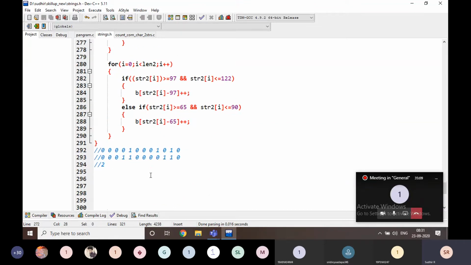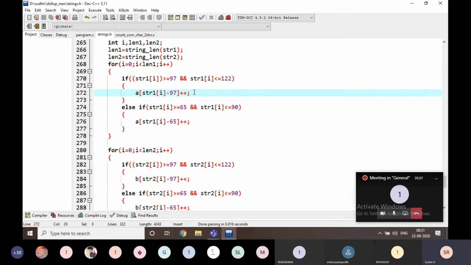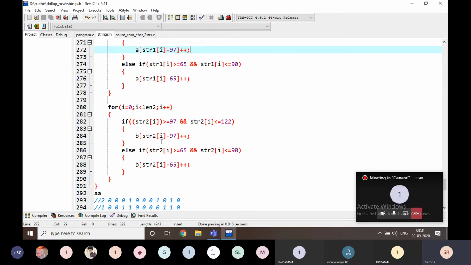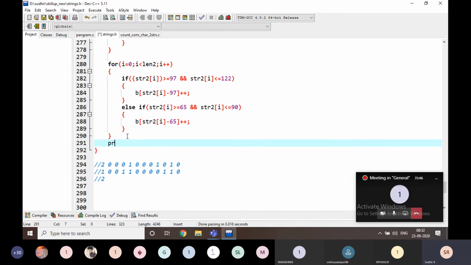I am getting a small mistake here. What is that? For example, in the first string it is going to be a, then it is going to be 2 like this. In the second string is also a, but it is like this one. Then what do we have to do here? Okay, we are going to make only plus plus. I am going to work with plus plus. How is it going to be? In the second string also I am going to maintain like this. I am going to execute it and show you what the output of this one is.